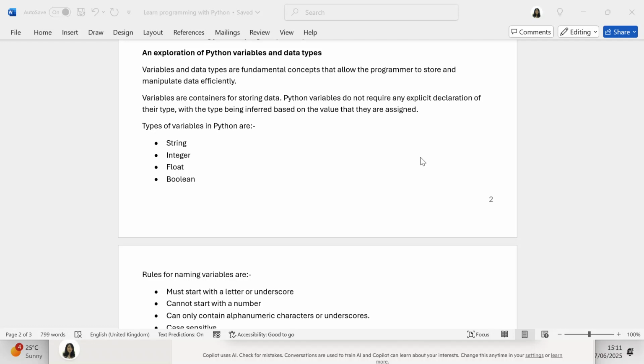In this video, we're going to explore variables and data types in Python. Variables and data types are fundamental concepts that allow the programmer to store and manipulate data efficiently. Variables are containers for storing data. Python variables do not require any explicit declaration of their type, with the type being inferred based on the value